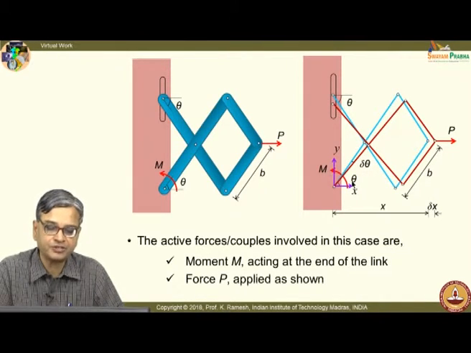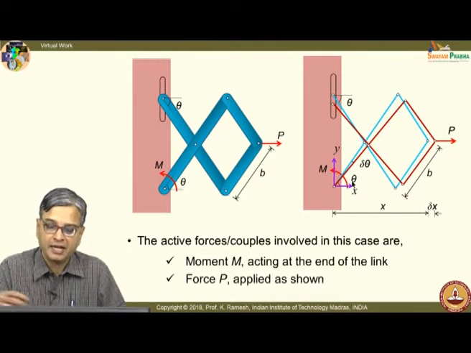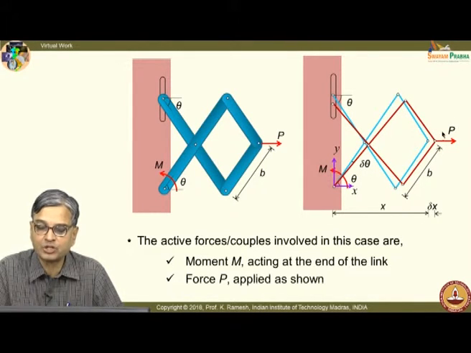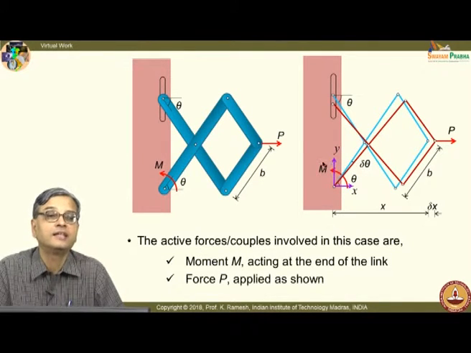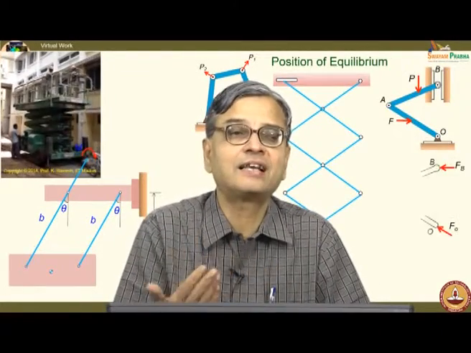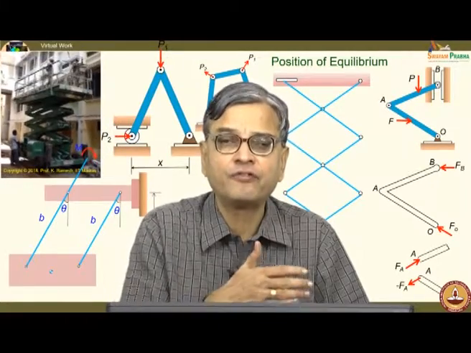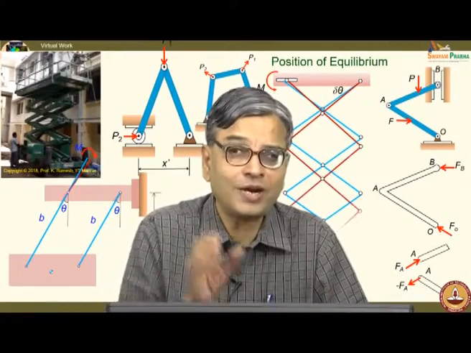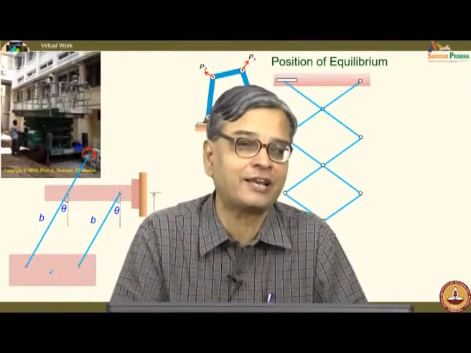So, make a neat sketch and recognize that when I give a positive displacement delta x, it also does positive virtual work. And you can see very clearly here, the virtual displacement delta theta is opposite to the moment M. Now, we have to establish what is delta theta and delta x from the given configuration of the system. So, do not assign sign there, that is the message I am trying to give.